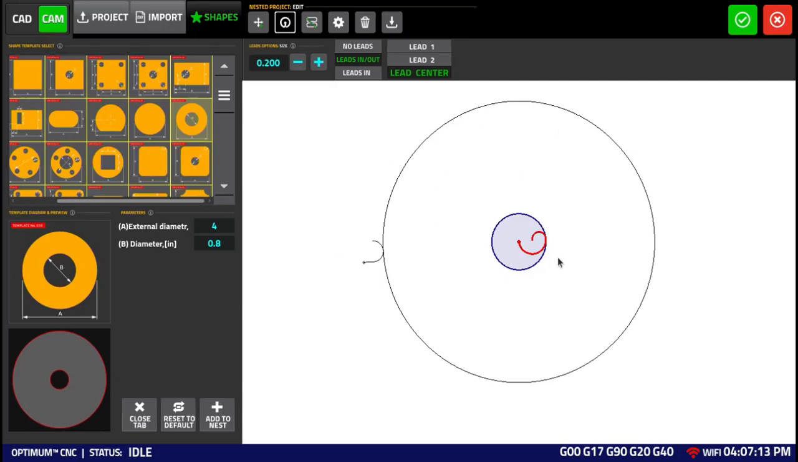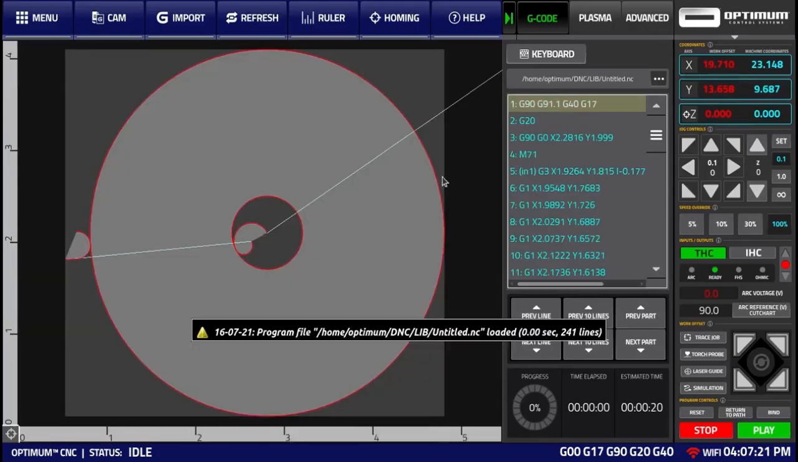So here, after we have edited the leads and we're satisfied with their positioning and size, we can click the confirm button to import them